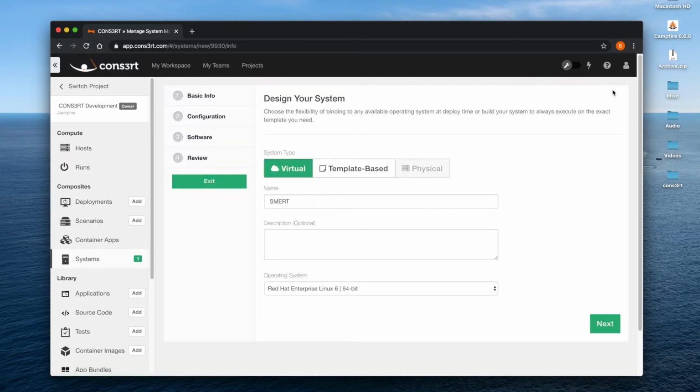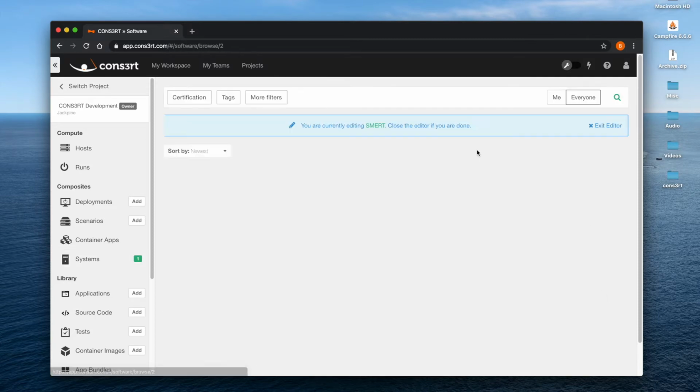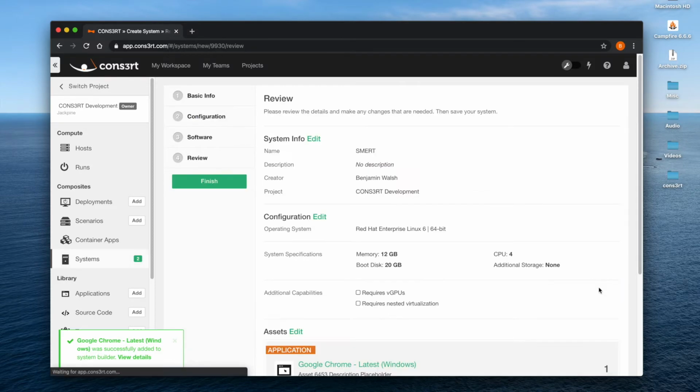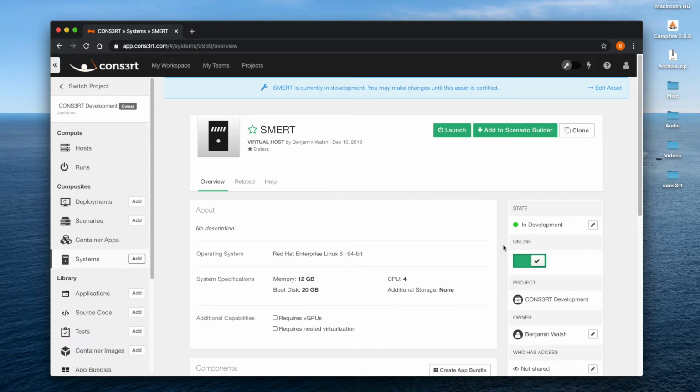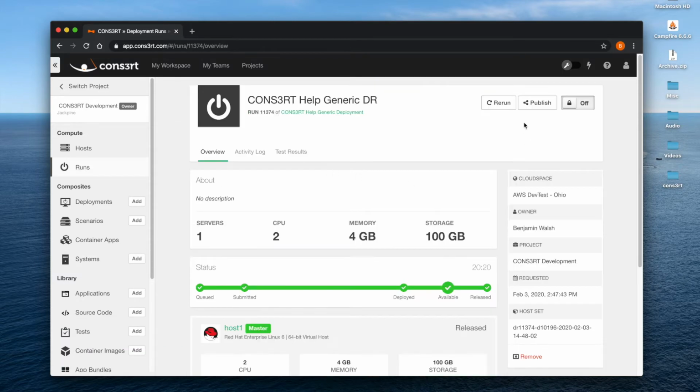Select Edit Asset, which allows altering its CPU count, memory. You'll also be able to add software assets. Once you have finished your changes and saved them, return to your run, and you will want to redeploy it